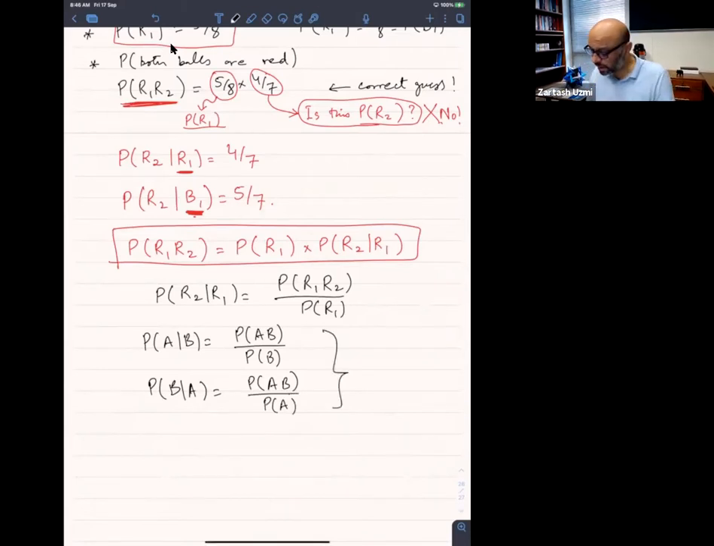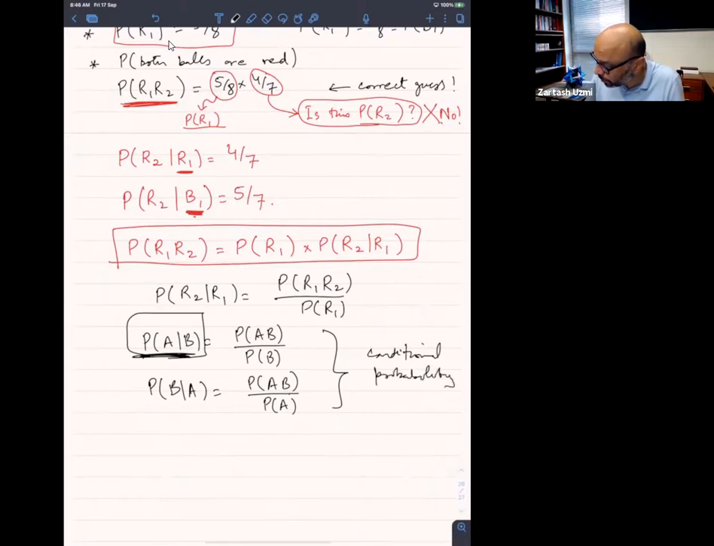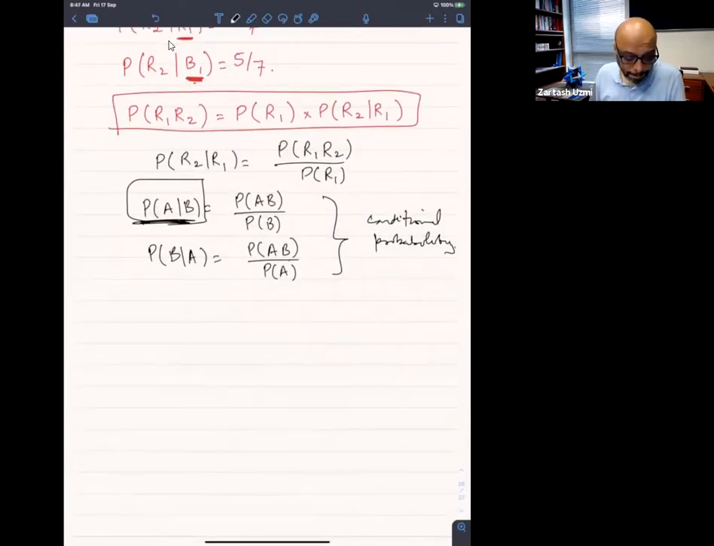So this is the definition of conditional probability. This is your conditional probability. So conditional probability तो पता चल गया. Conditional probability तो पता चल गई. Now